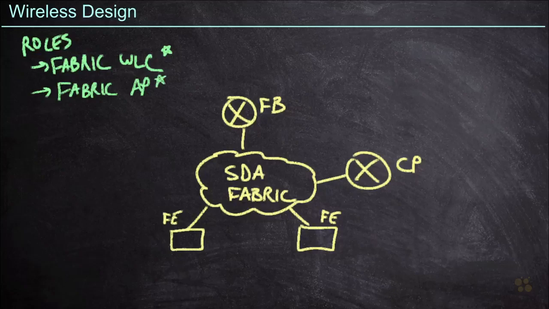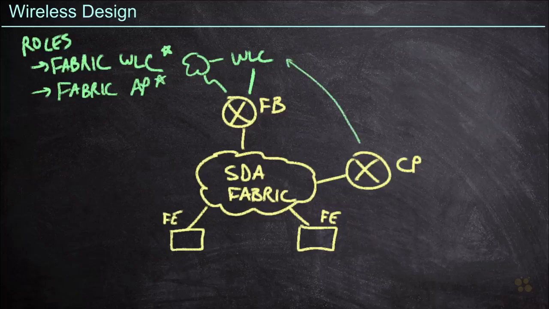Once we've validated that, we're going to want to connect our wireless LAN controller outside of the SDA fabric. That means that we can connect it to the fabric border node, or we can connect it to some kind of network that exists upstream of the fabric border node. Either way is fine. Now this wireless LAN controller must have access to the control plane node. The reason for that is because the wireless LAN controller will be reporting to the control plane node EID to